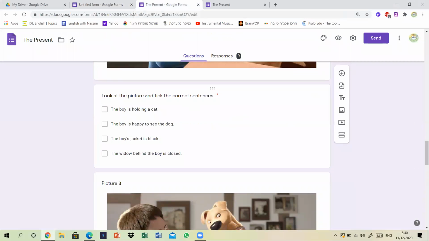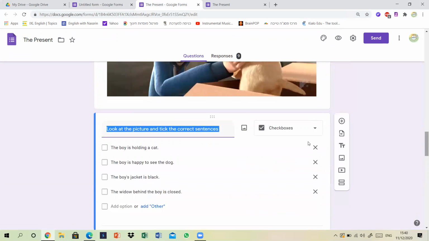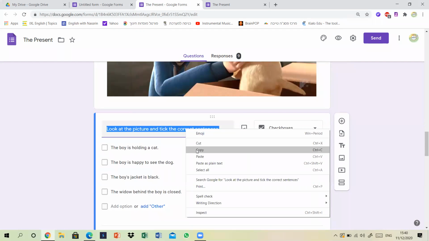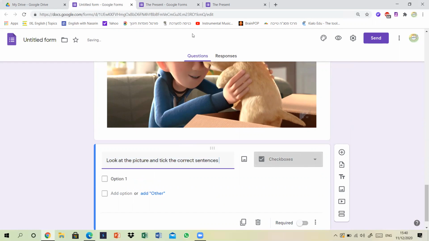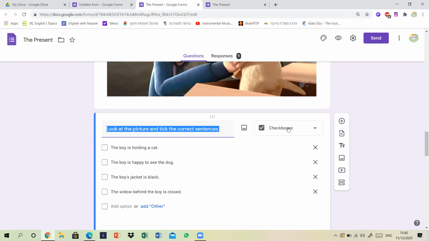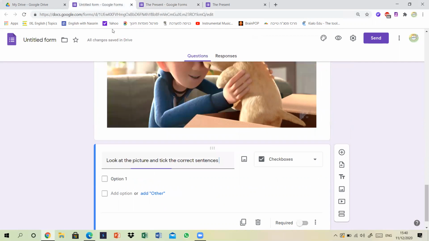And the first question I have below it is, look at the picture and tick the correct sentences. So this is the question. I'm just going to copy it and show you how you could do this option as well. And if I go back, I could see that here I have chosen check boxes. Okay, so I need to make sure that I select that option and I'm just going to copy the answers,